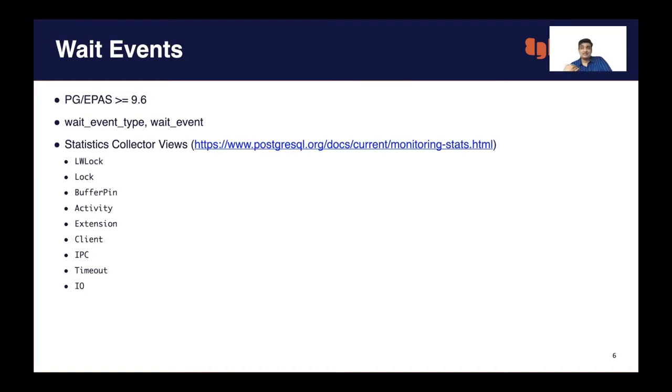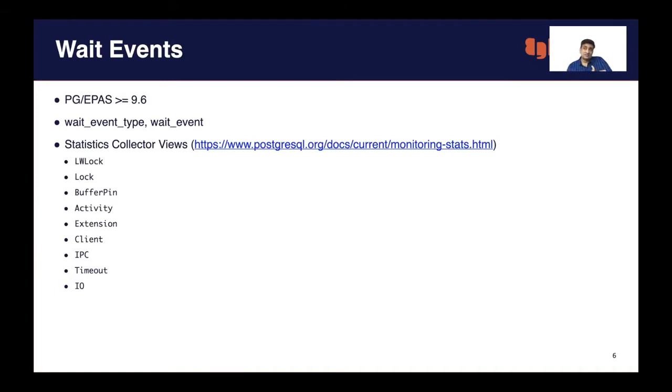In the underlying Postgres architecture, there are many things, like, as I said, lightweight locks and interprocess communication. It might be reading data from the disk or writing data to the disk.